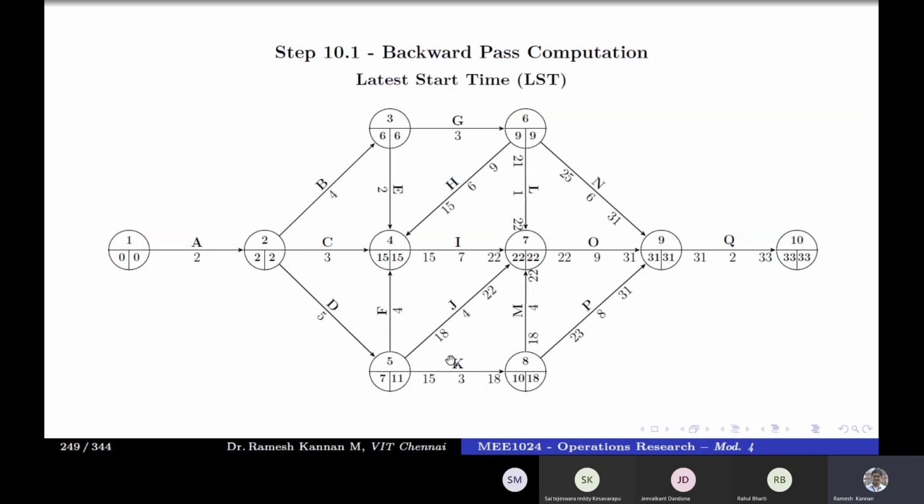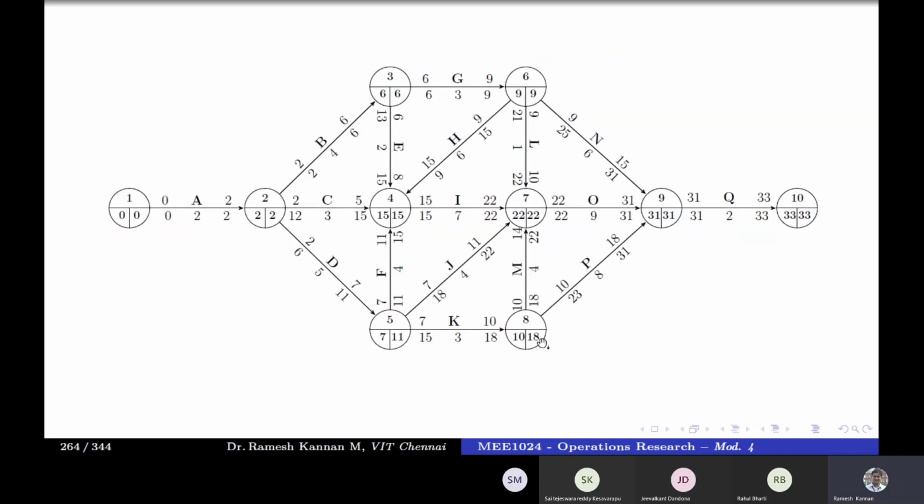And this is calculated. And finally, you have got a comprehensive network. Okay, so this is the final solution. In the forward pass, we'll look into all the events, EI and EJ, and on top of the arrow, which is EST and EFT. In a backward pass, we'll be looking at LFT minus the duration, which will give us LST. Okay, but this gives us a clue of a critical path.